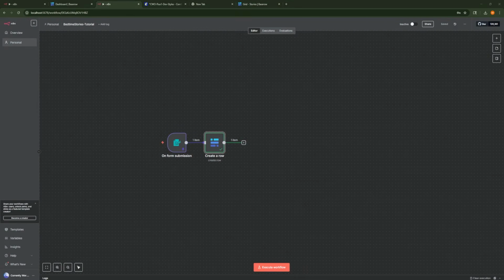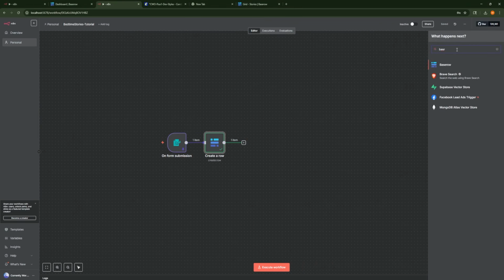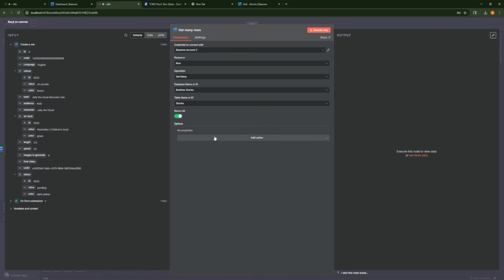All right, now that we've added the row, what we want to do is retrieve that row. So we're going to click on the plus sign. We're going to type in Baserow, and choose the one that says get many rows. We're going to make sure that our credentials are chosen properly with row, get many, choose the correct database, choose the stories. We're going to choose return all, and we can actually set different filter